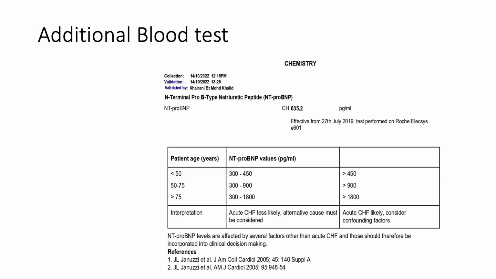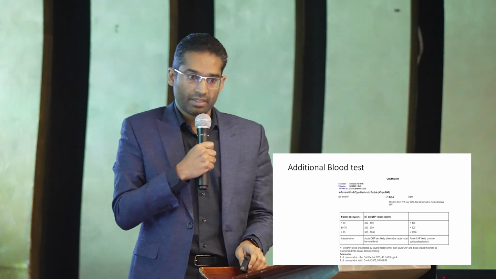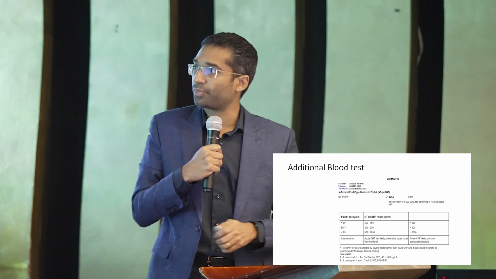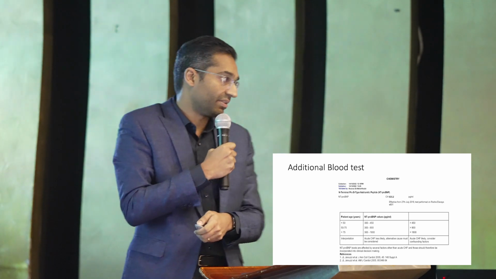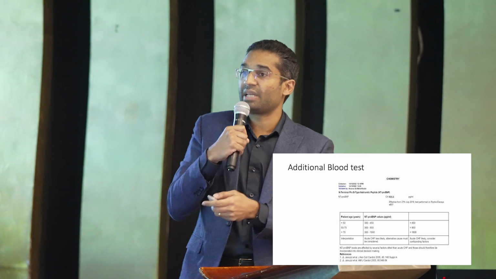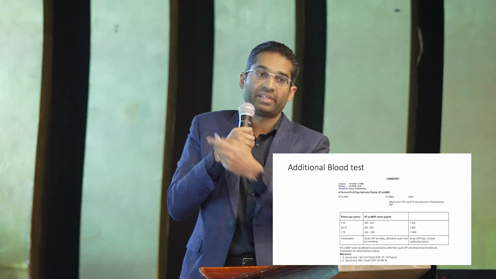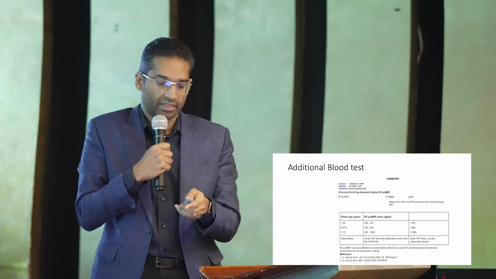Okay, so what's the additional blood test that I did? Because now he seems to have heart failure, heart failure with a reduced ejection fraction. So I did a pro-BNP as a baseline. As you can see, for his age, the pro-BNP should be less than 450 and his is about 635, right? Of course, we've seen some much higher, some can't even be measured, it's just written more than 10,000 or more than 15,000. His is not so high, but it's still elevated.